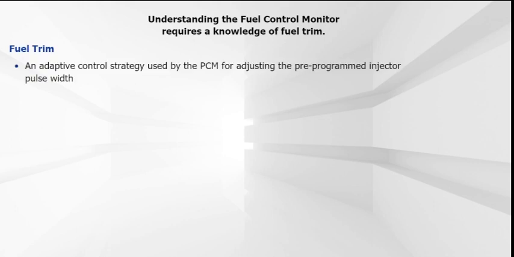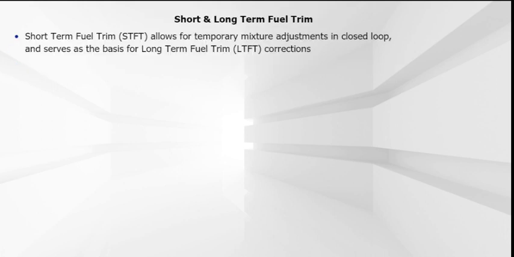Fuel trim is an adaptive control strategy used by the PCM for adjusting pre-programmed injector pulse width. Short-term fuel trim, or STFT, allows for temporary mixture adjustments in closed loop and serves as the basis for long-term fuel trim, or LTFT, corrections. For example, if the mixture is biased lean due to an air leak, STFT will compensate for the imbalance by adding fuel or increasing injector pulse width. Fuel will continue to be added until the proper air-fuel ratio is restored or STFT reaches the limit of its